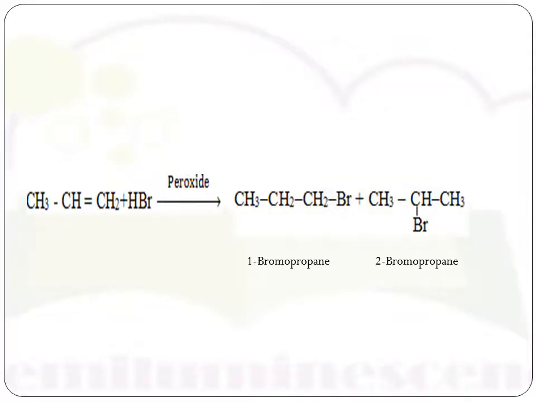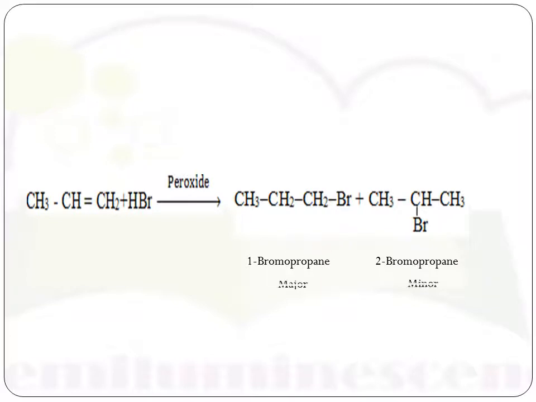These two products will form. One is 1-bromopropane, in which the negative part is bonding with that carbon which is carrying more hydrogens, and the second product, 2-bromopropane, is obtained when the negative part is bonding with that carbon which is carrying fewer hydrogens, that is, 1 hydrogen. Out of these two, which one is major and which one is minor? According to Markovnikov's rule, the product obtained when the negative part of the reagent attaches to the carbon carrying fewer hydrogen atoms is the major product. That means we expect 2-bromopropane to be the major product and 1-bromopropane the minor product.